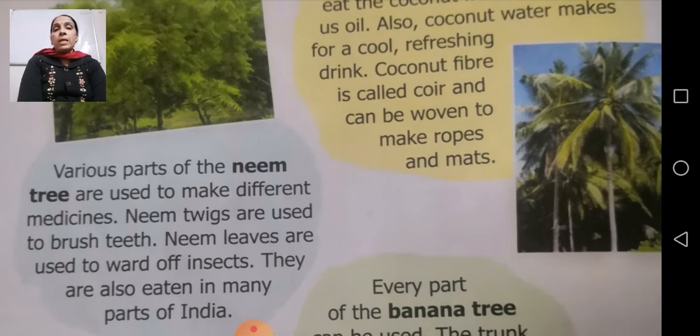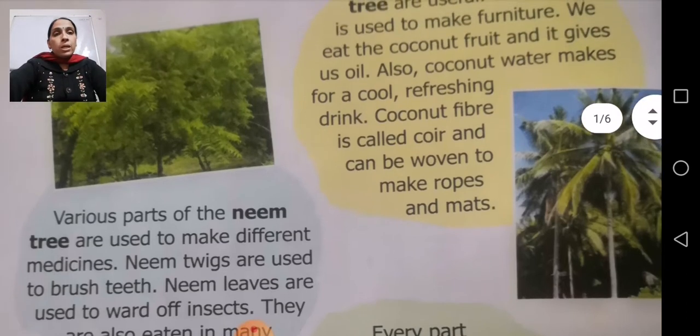eaten in many parts of India. So again, all these 4 points related to neem trees are very important. Whatever uses we have done, that is related to neem tree, all these uses are very important, so you all will remember these uses. And after that we are going to move to the next one, that is your